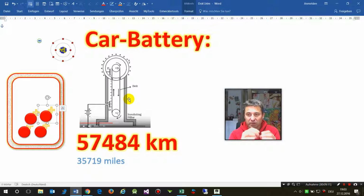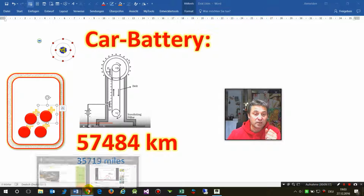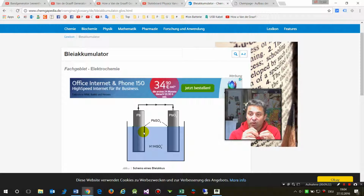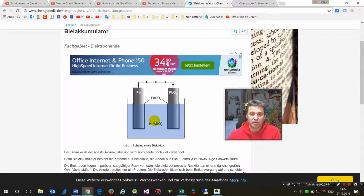When you have an actual galvanic battery, you always have small voltages which are, let's say, in parallel. All molecules are in parallel, and they have a lot of small power, and they are bound in a bigger molecule. So this is, what is the English word for it? I don't know it. Bleisulfid. I don't know what the word in English is, but there are always molecules from one level